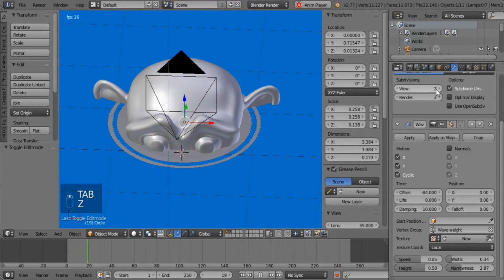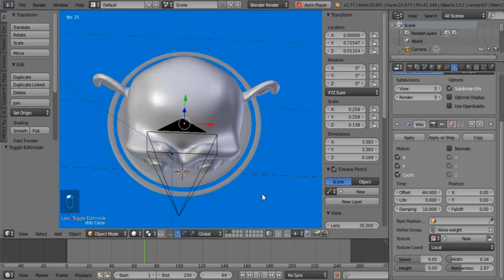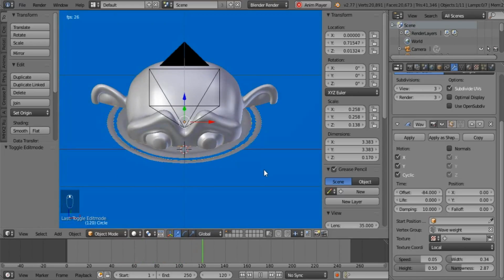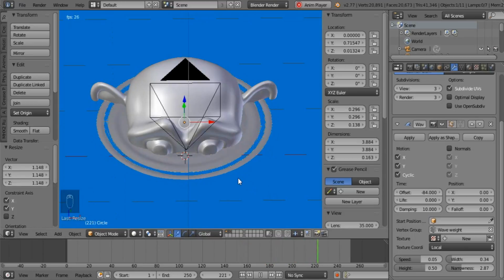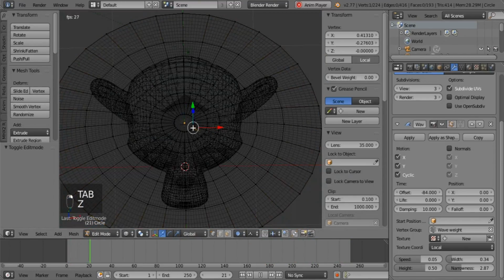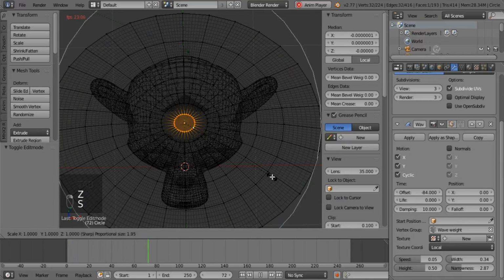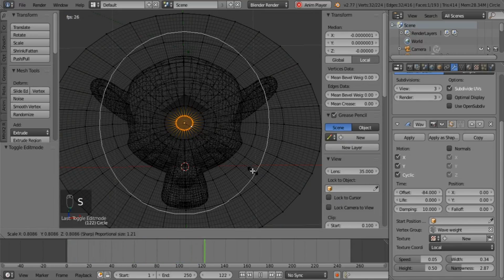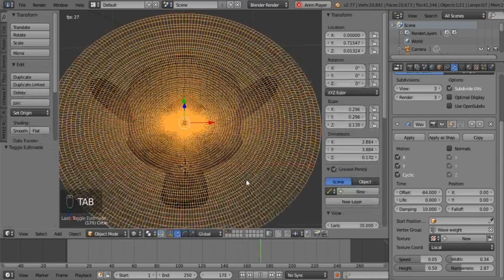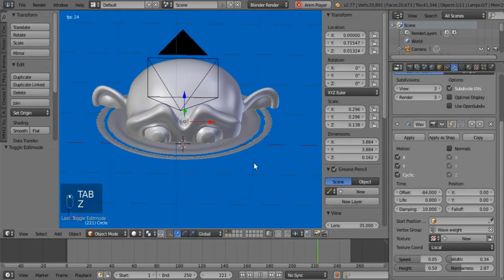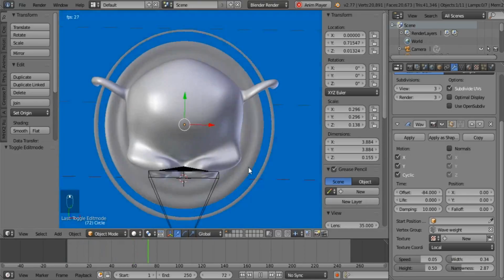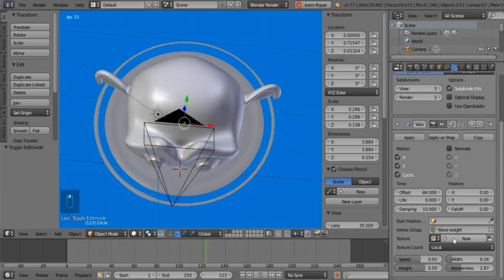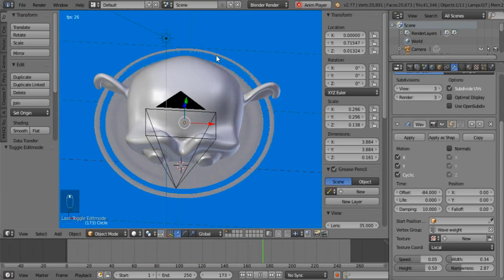Let's add another level so we have a little bit more. Ah, see, that's more what I'm looking for. Just expand it a bit and shrink this in a bit. Okay, that looks wonderful. Now what we need to do is add a texture so that we have a little